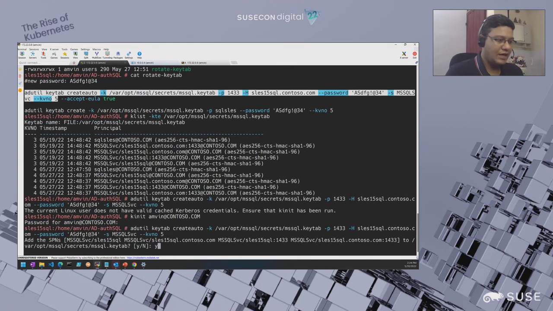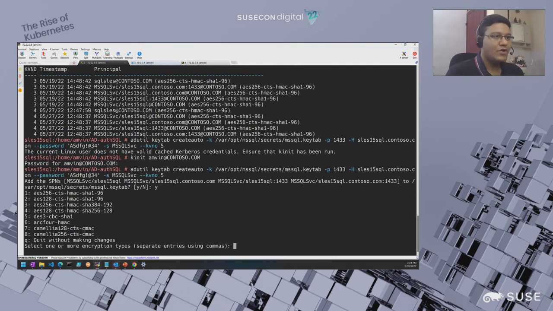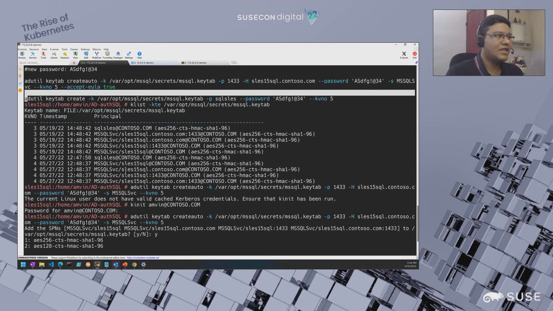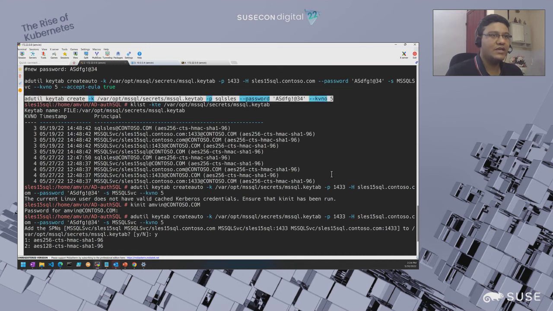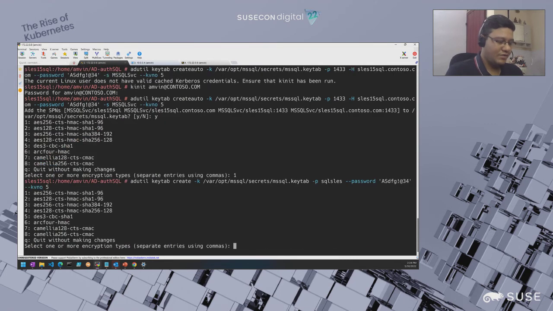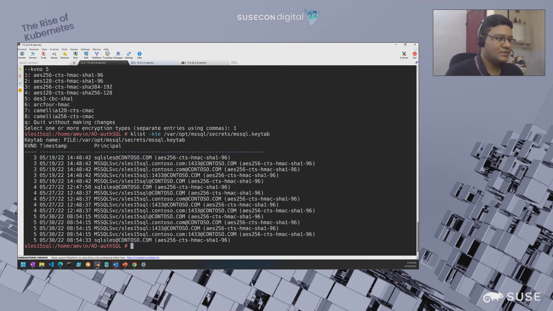Now it should work. I want to create the required SPN entries as well. So I'm going to use this encryption algorithm, and the next command I want to run is this, which is again updating the password. One is for the FQDN and SPN accounts, and the other that I'm going to run is for the user account itself. As you can see, this is the user account. Just go ahead and run this. Now, if I do the same klist command, you should see the entries with KVNO of 5 also added. And as we expected, it is already added.